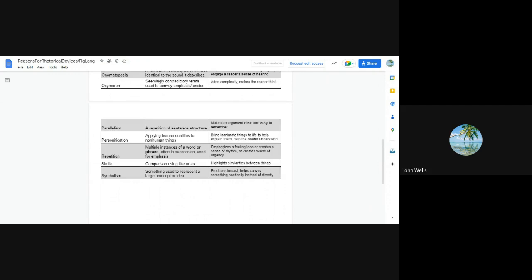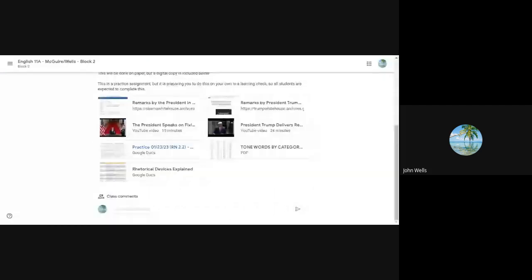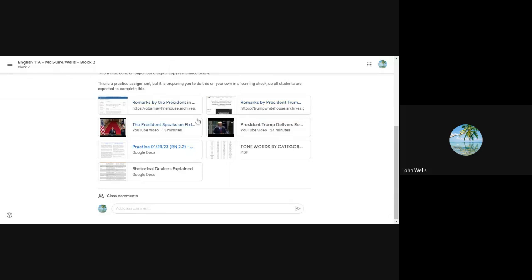Okay, so again, if you look at the assignment of what we have here, you have access to all of the materials. But after we read both speeches, you're going to pick one of them, not both, one of them, and it doesn't matter which one. And then you're going to do that SOAPSTone sheet on that particular speaker. Now, what's going to happen is then tomorrow we're going to compare these two texts, and we're going to find where they overlap and where they maybe diverge from each other. So if you have questions as you are working on that, please make sure that you reach out to Miss McGuire or I. And good luck, everybody.